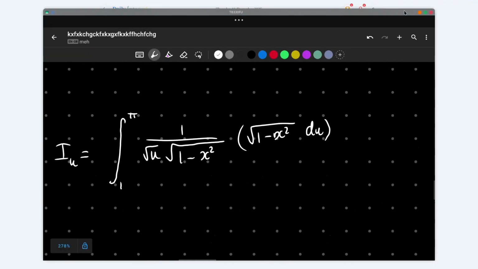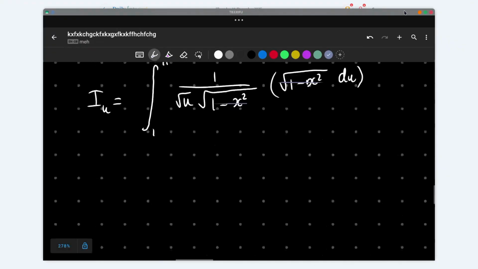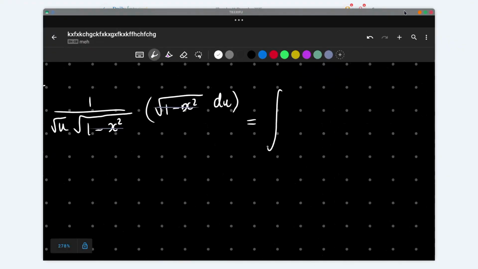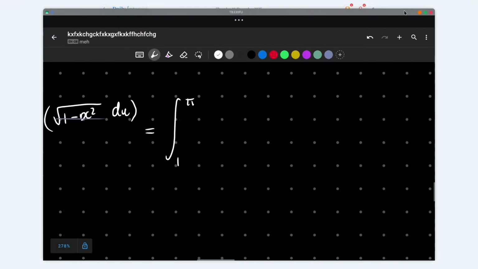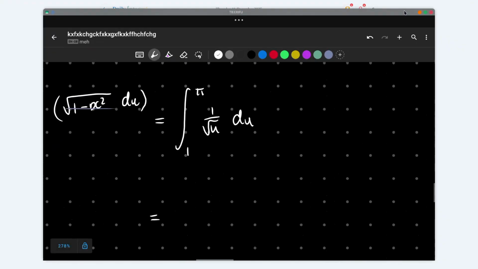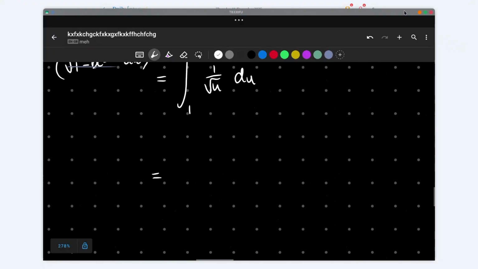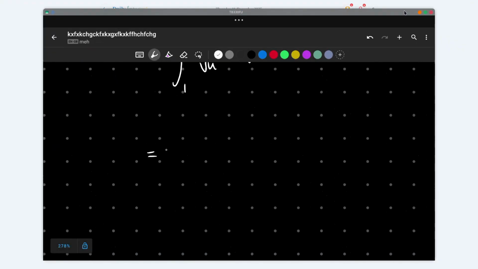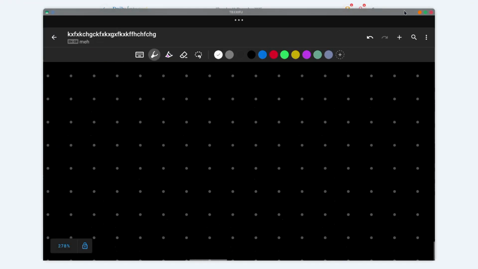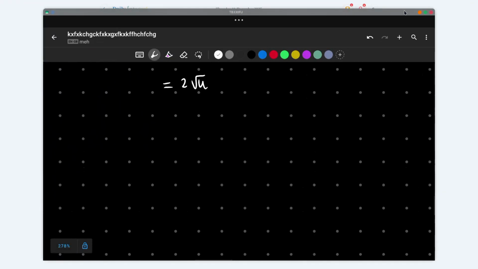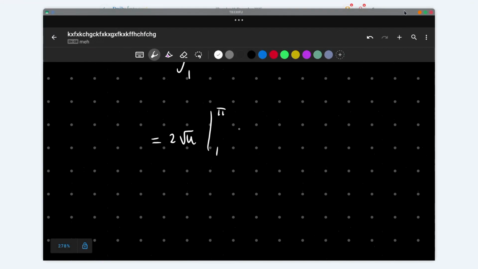That cancels, which I can eloquently just wave through, which is equal to the integral from 1 to pi of 1 over root u du. I'm going to choke here because it's minus 1 over 2. You're expecting just 2, because if you differentiate it, I could be very wrong. I could be choking heavily. You bring the 1 over 2 down, flip it, yeah, okay. From 1 to pi, which is just 2 root pi